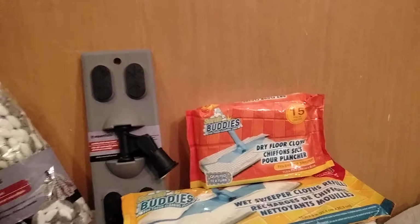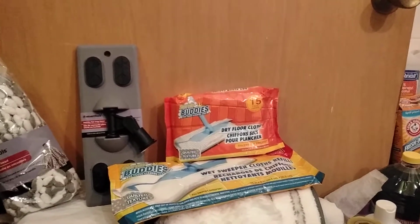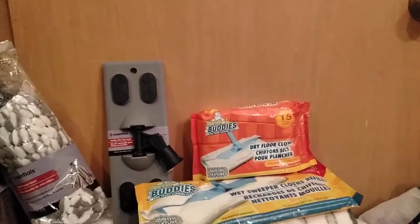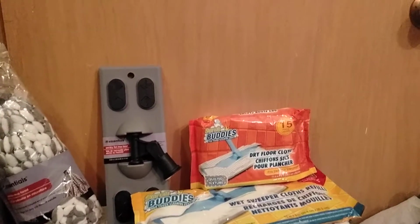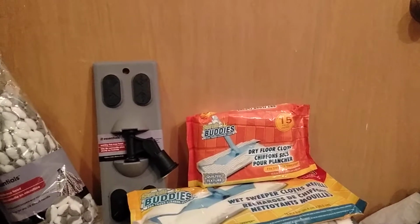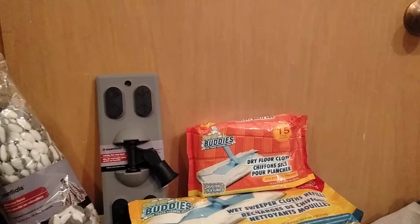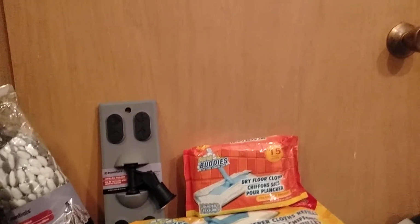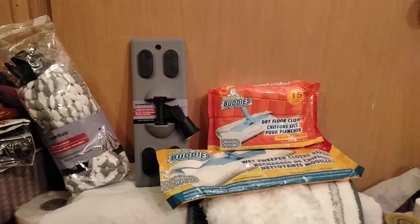Until the next time, please practice all safety guidelines as provided by the World Health Organization and the CDC, Center for Disease Control. Okay, protect your face with a mask or a face covering. Practice social distancing. Wash your hands every 20 to 30 minutes for 25 seconds or more up to the wrist, back, front, between fingers. Okay, be safe. It's not over. It's just on the down low,